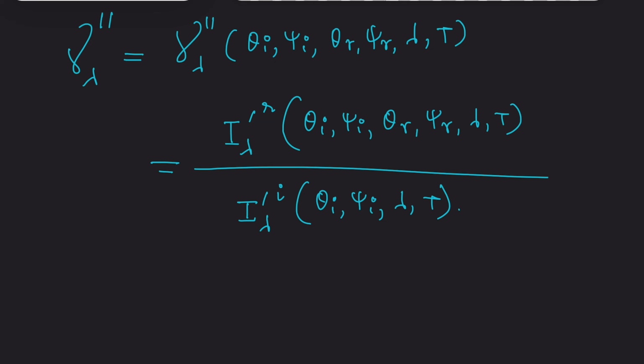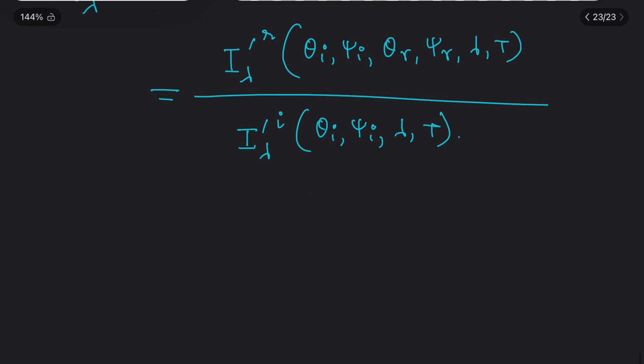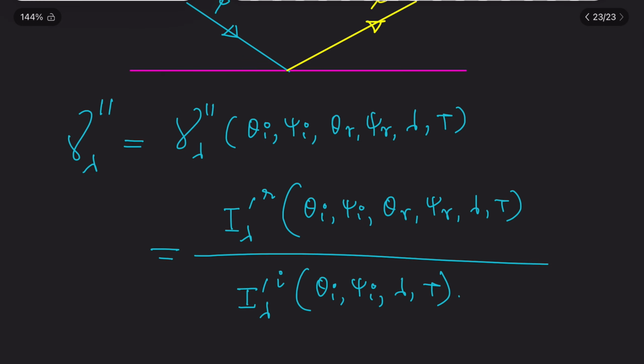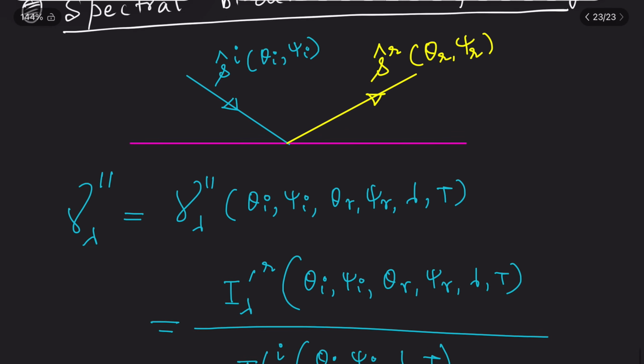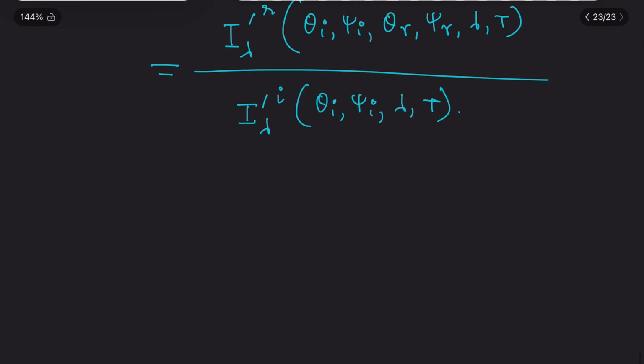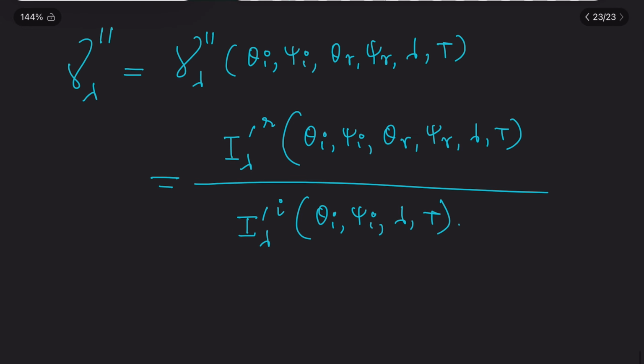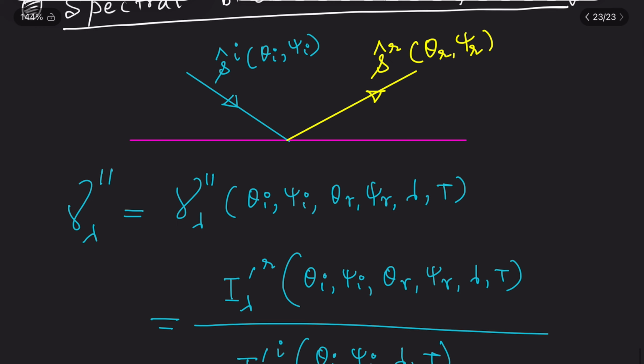Clear? So now I hope you are clear with it, that is why this is having theta I and psi I, right? Because what will be getting reflected, that is dependent on from which direction this is coming. Okay,